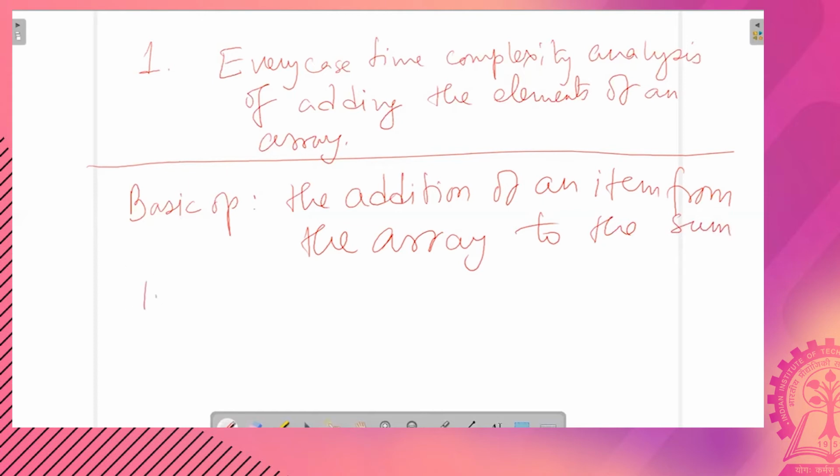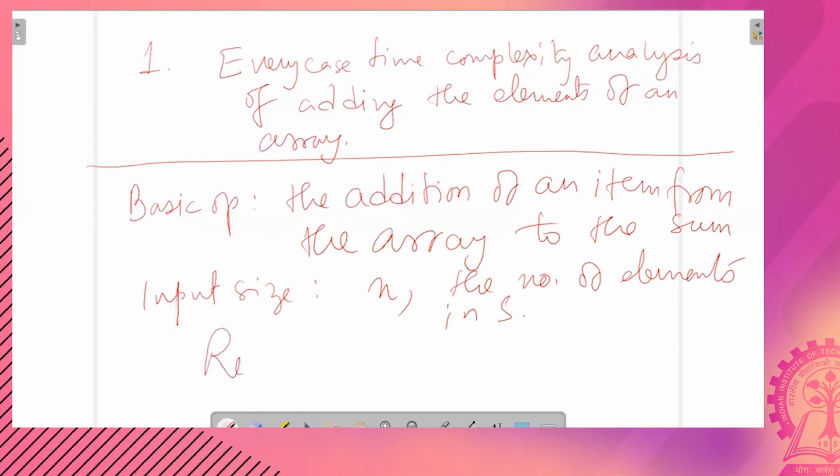And what is the input size? In this case, n, that is the number of elements in S. Here, regardless of the values stored in the array, you have to make n passes to add the n elements.